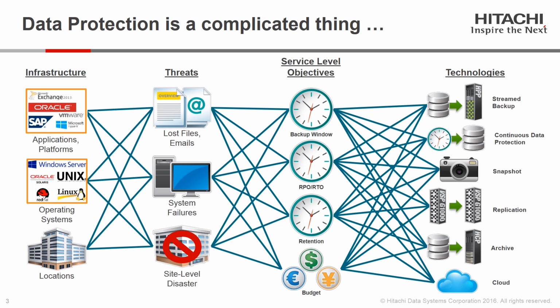Continuous data protection, or CDP, captures every change as it is written to the disk, and therefore avoids the need for a backup window. It also provides an RPO of near zero, but it consumes a lot of backup disk storage space since it captures every change that is written, as compared to the point-in-time differences found in other models. CDP is appropriate for your most critical data, but probably in combination with either periodic snapshots or backup to reduce